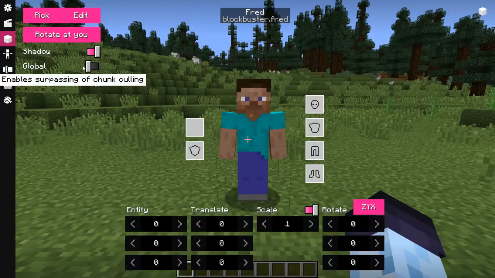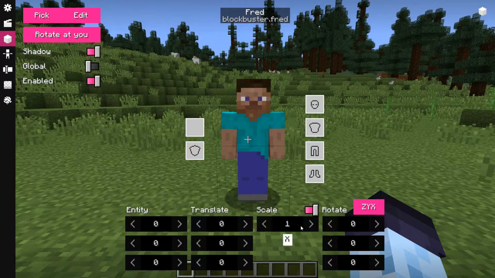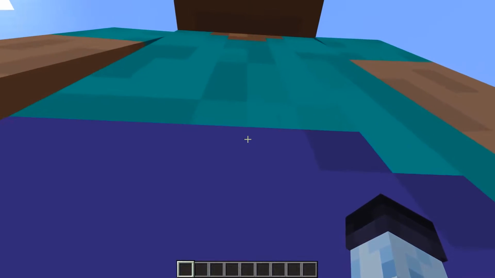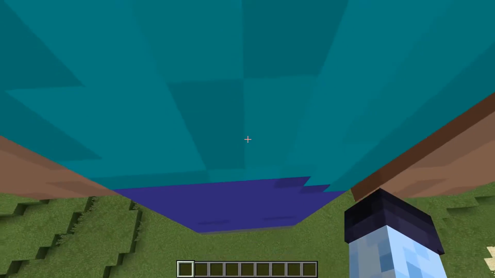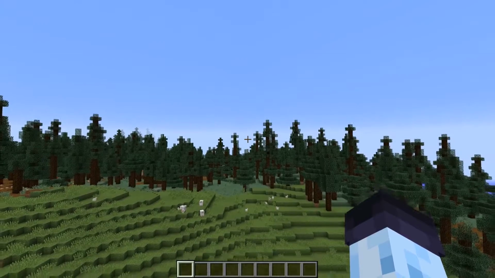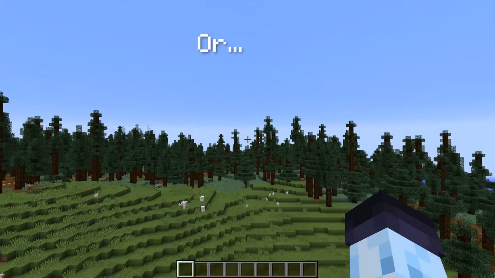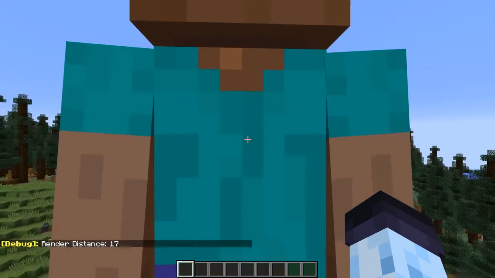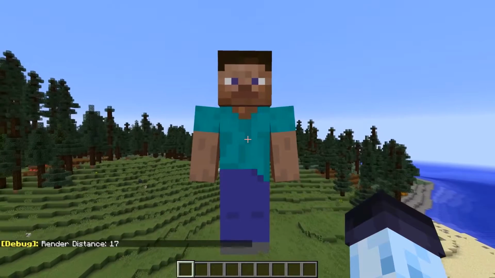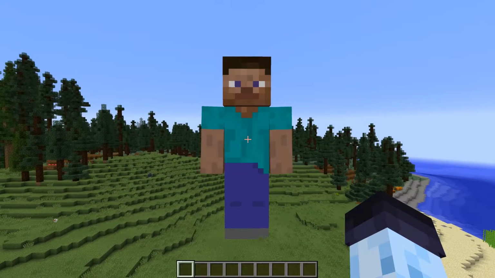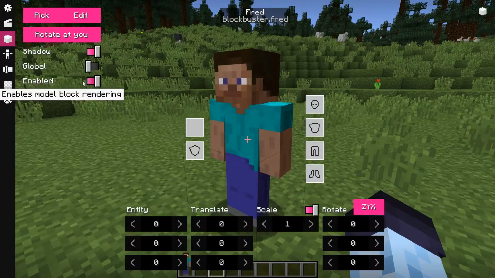The global toggle allows you to enable global rendering, which allows you to surpass chunk culling. It might sound complicated, but basically, if we scale a morph and fly up, you'll see that the model block disappeared now. Once we look directly at the ground, it will reappear. This is called chunk culling. If you enable the global toggle and reload the chunks, it won't disappear unless you go out of the render distance. If you're planning to use a lot of model blocks, try to avoid using this option, because non-global model blocks are a bit more optimized. The enabled toggle allows you to hide the model block's morph.